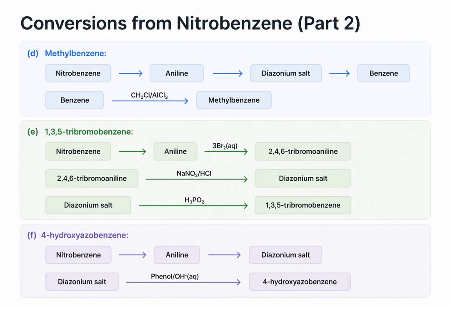To get methylbenzene from nitrobenzene, we reduce to aniline, form the diazonium salt, remove it with phosphonic acid to get plain benzene, and then perform a Friedel-Crafts alkylation with chloromethane. For